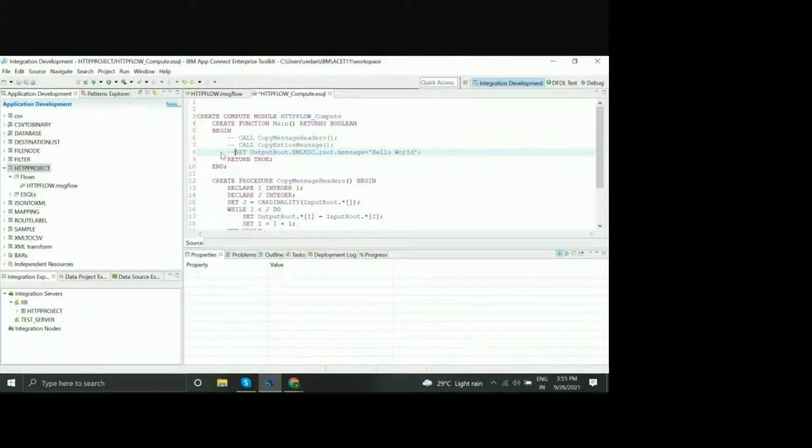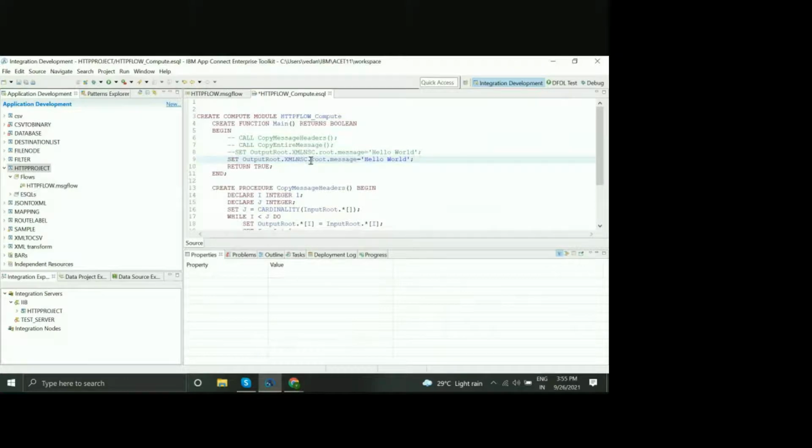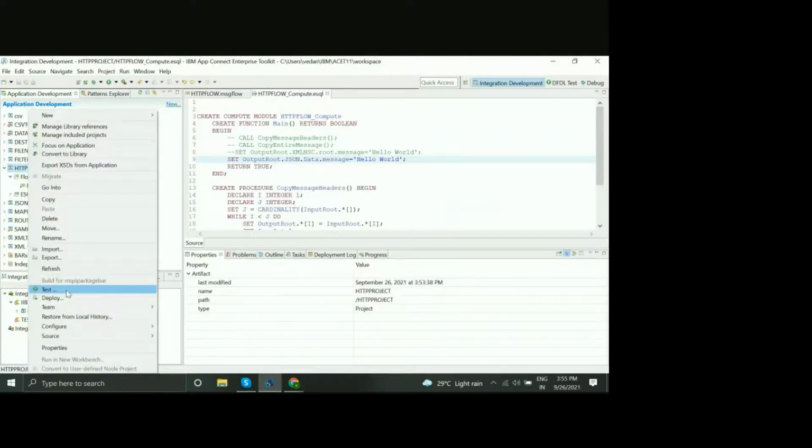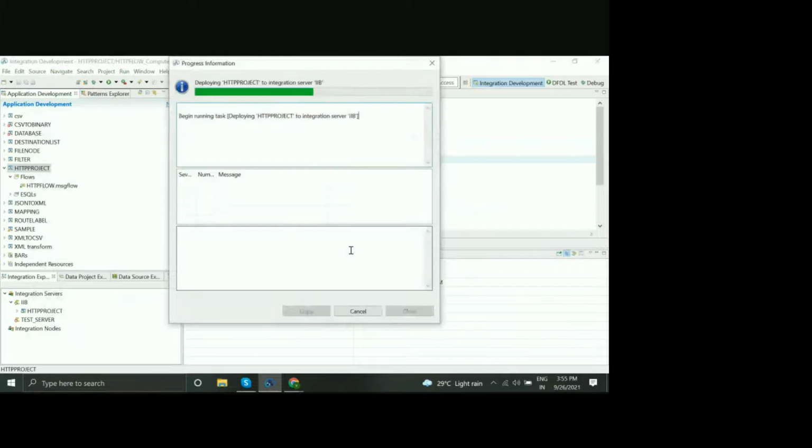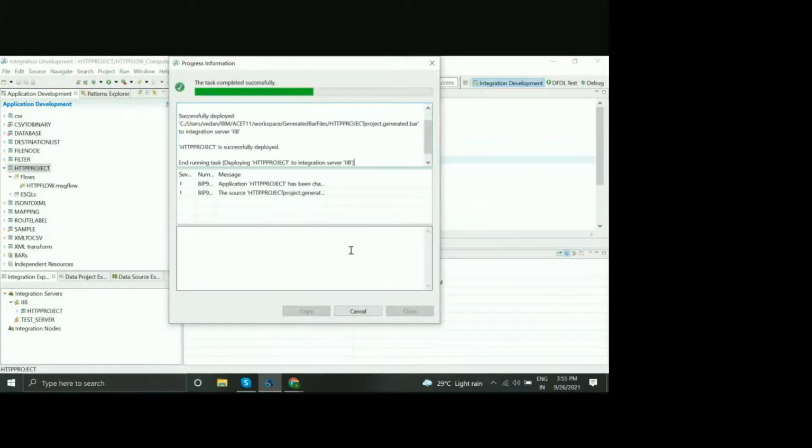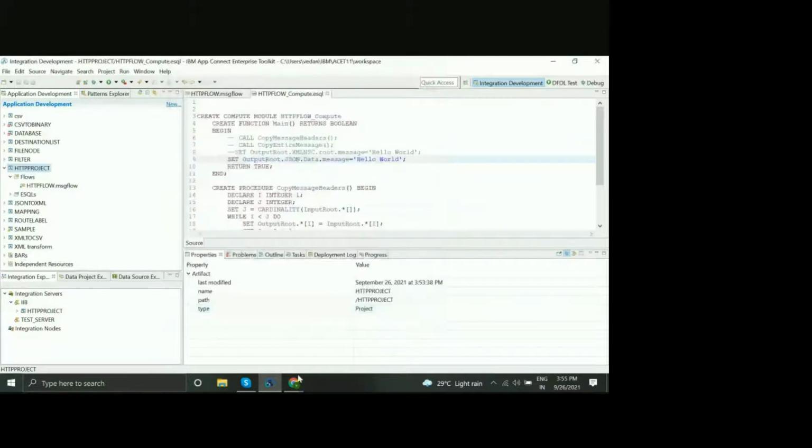On line number 9, add a statement: set output root dot JSON dot Data, capital D, small ata. Save this and deploy. Now go back to the browser and refresh this page. Yeah, got it.